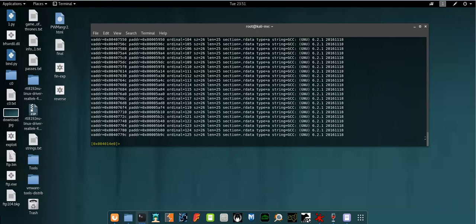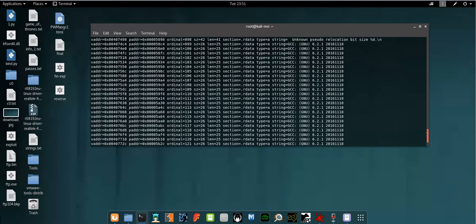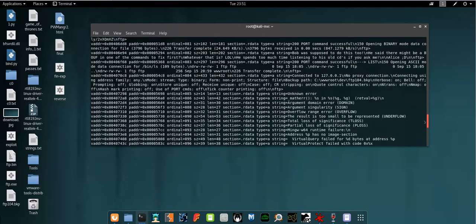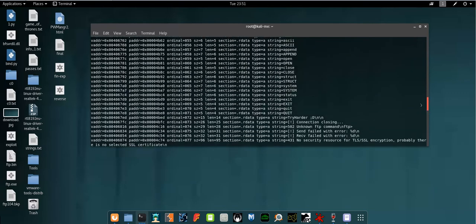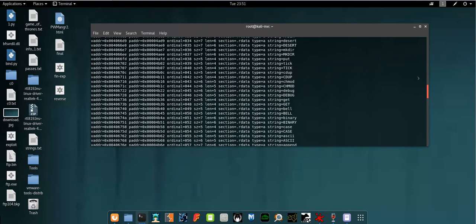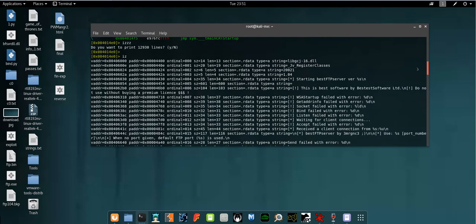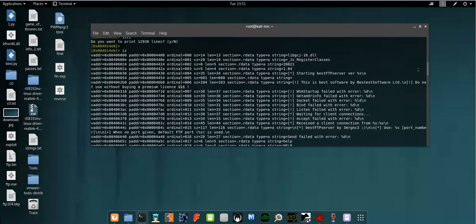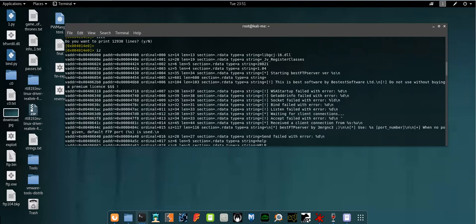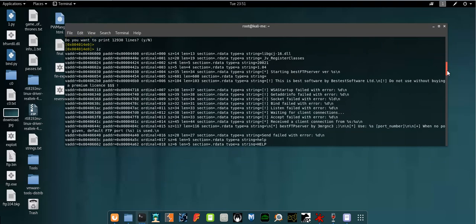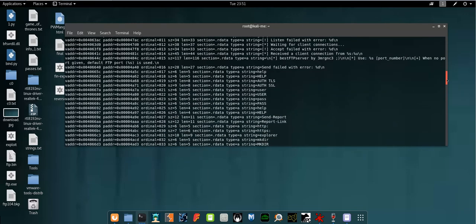Let's see what we might have in the strings here. You will see some hints about the behavior of this file and how you can exploit the vulnerable feature, the reporting feature. So here it starts from here, and if we go down,